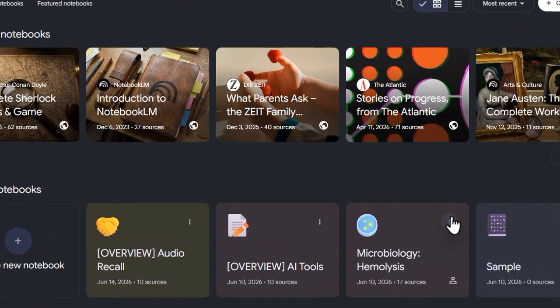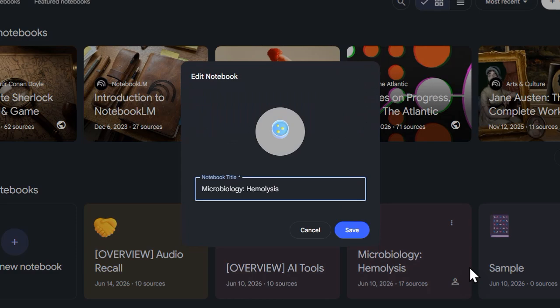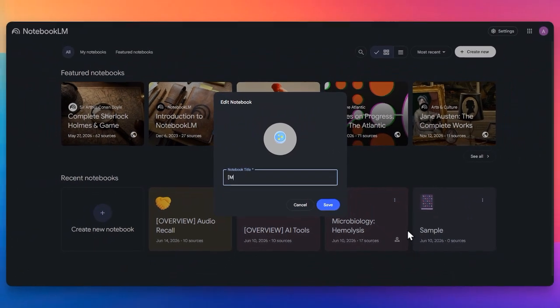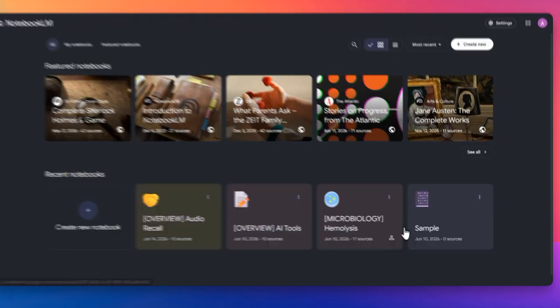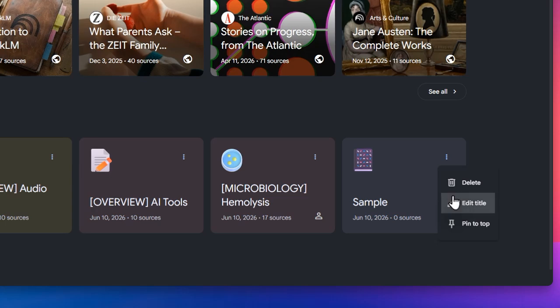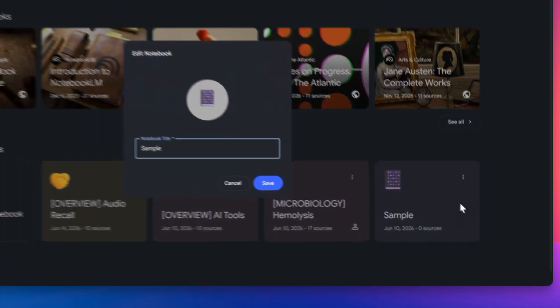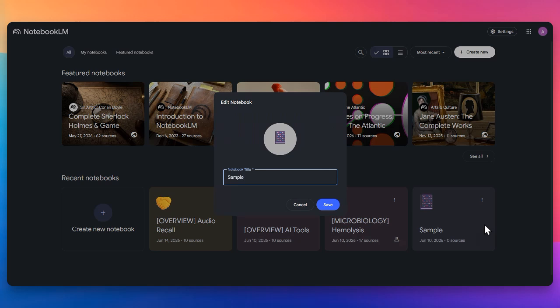Another example is using category-based prefixes such as Research 2026 Data Analysis, Research Literature Review, or Research Experiment Logs. This makes it easier to visually scan and identify related notebooks without needing an actual folder system. You can also combine prefixes with version control or stage labels. For instance, Thesis Draft 1, Thesis Methodology, and Thesis Final Revision can help you track progress within a project while